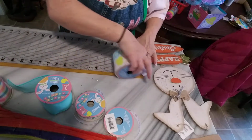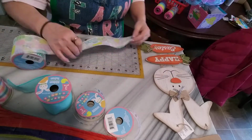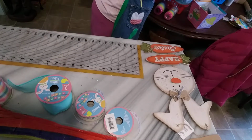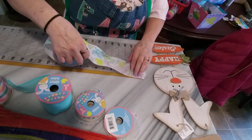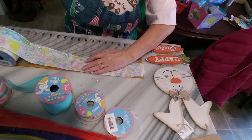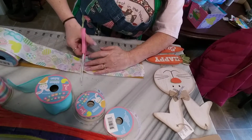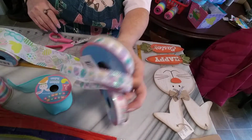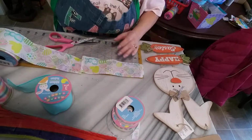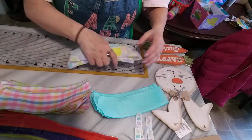So we're going with, I'm thinking 8 inches. Let me measure. Okay, go with 8 inches. And do that to all of them, all but the narrow. We'll do the narrow in 10 inches. Okay, now that we have all the ribbon cut, we need to